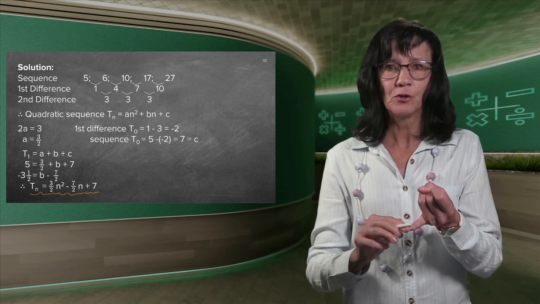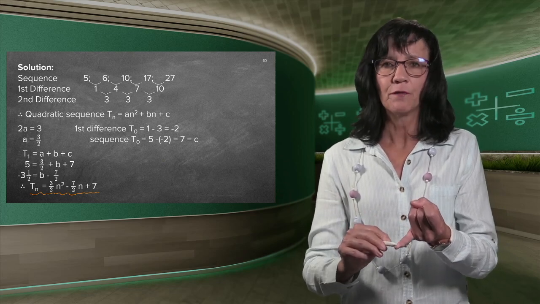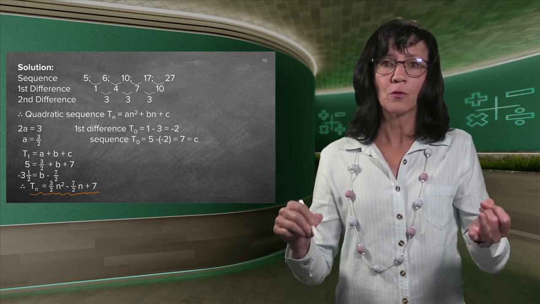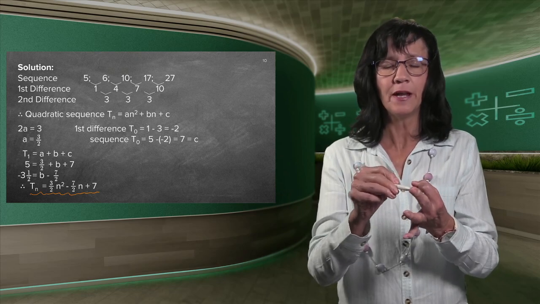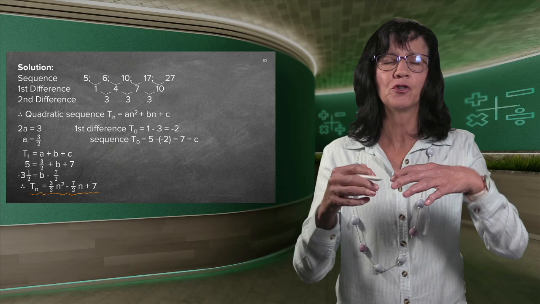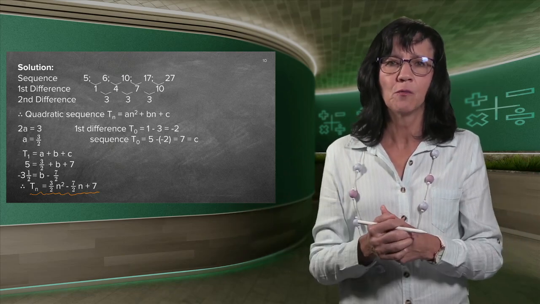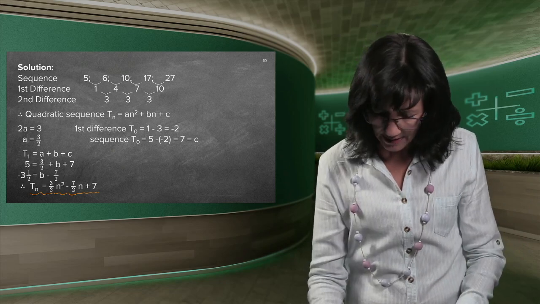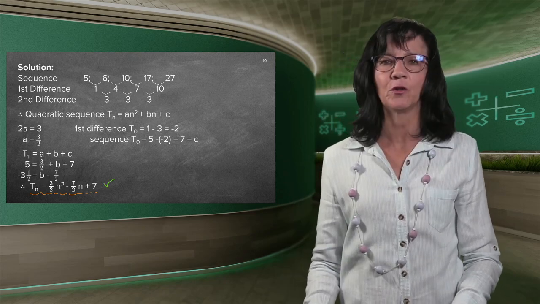You remember that 2A is always my second difference. So you can use that to find A. To find B, you work out T0. That always gives you the C. The minute you've got A and C, there's only a B left. And if I've got one unknown, you just go to term 1, make all the n's 1, fill in the value of term 1, and you'll be able to find B. The minute you've got all 3, you just go there and you slot it back into your formula. And here is your formula, and you have your answer.